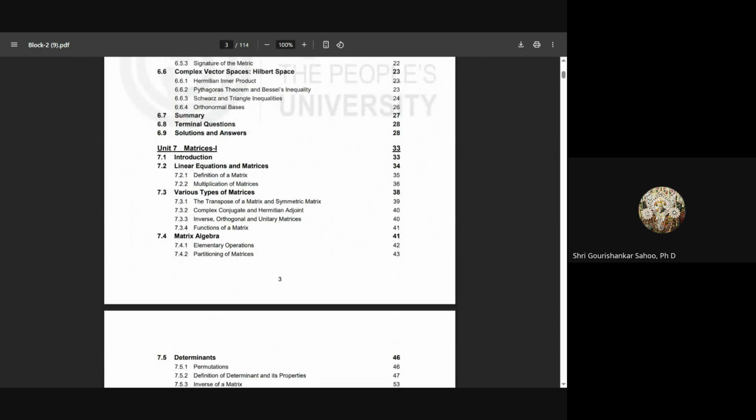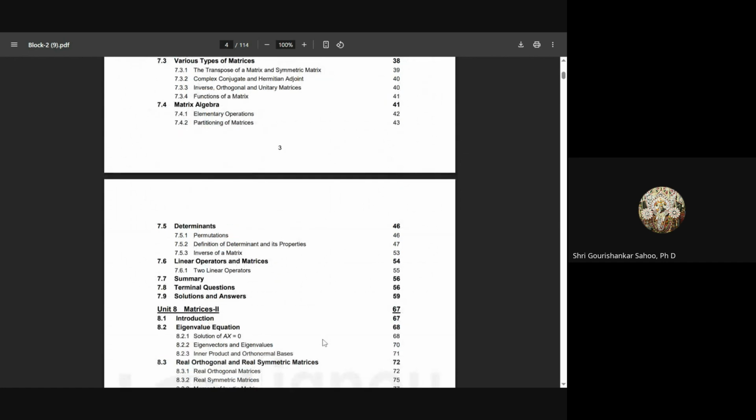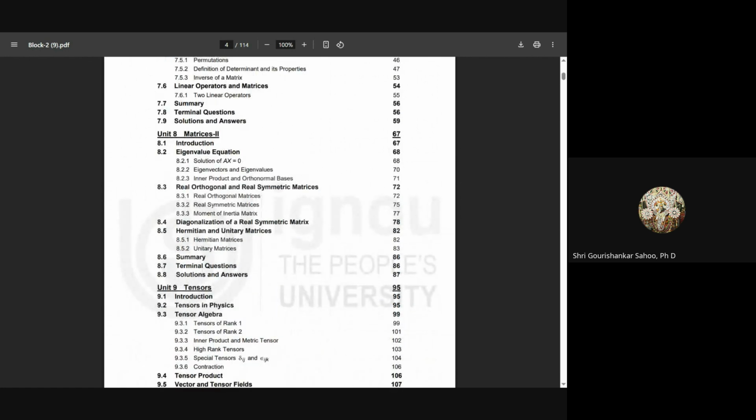Similarly, we have discussed matrices, linear equations and matrices, multiplication of matrices, the transpose of a matrix, and symmetric matrix, complex conjugate and Hermitian adjoint, inverse, orthogonal and unitary matrix, functions of a matrix, elementary operations, partitioning the matrix, permutations, definitions of a determinant and its properties, inverse of a matrix, then a linear operator and matrix, two linear operators, then matrix eigenvalue, so solution of eigenvalue equations in the form Ax = 0, eigenvectors and eigenvalues